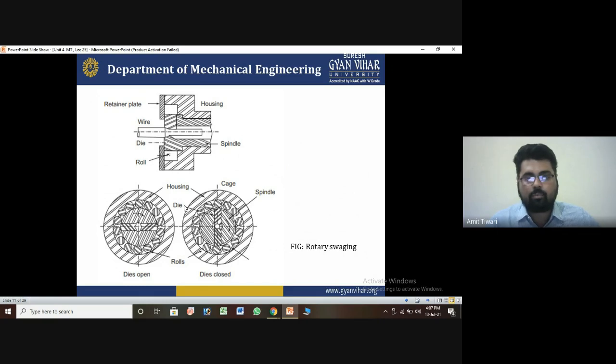So these are some types of rotary swaging, and the retaining plates are here. These are some conditions to be obtained, which are very easy to use and understand. I hope you understand, and this is the easiest way to convert any tube into a rod, and we can reduce the diameter, or we can say the tool deforms the material so that the section is reduced, and it increases in length as per the reader. These are all the functions we adopt for swaging, easy to understand.